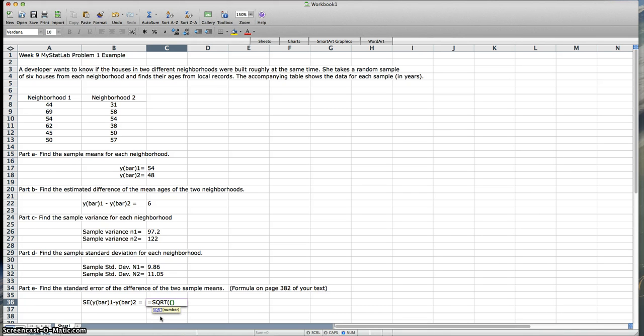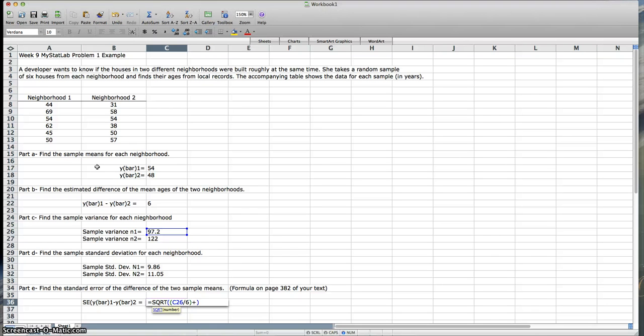So I know the first part is our variance for neighborhood 1 divided by n. In this case, n is 6, so I can put in 6 plus, well, let's close my parentheses first there,